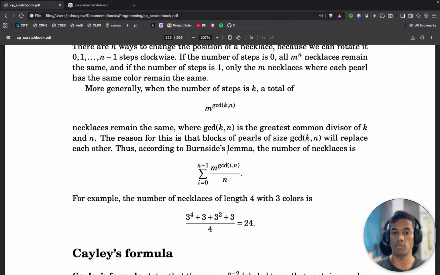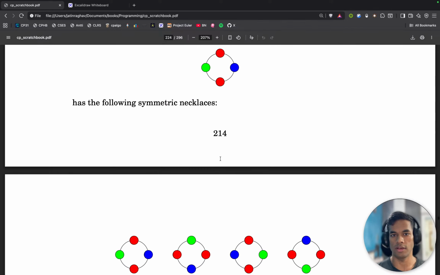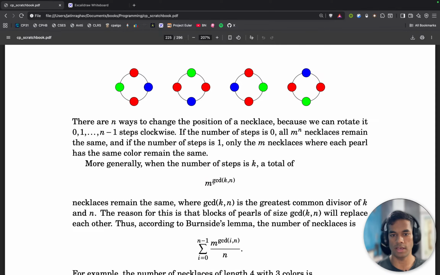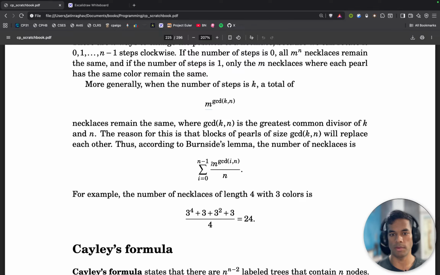Thus, according to Burnside's lemma, the number of necklaces is this. We just put this thing equal to Ck. We are saying this thing Ck equals m power GCD(k, n), and we plug that in here, and for the example, in the above example, we have this. Okay, so now